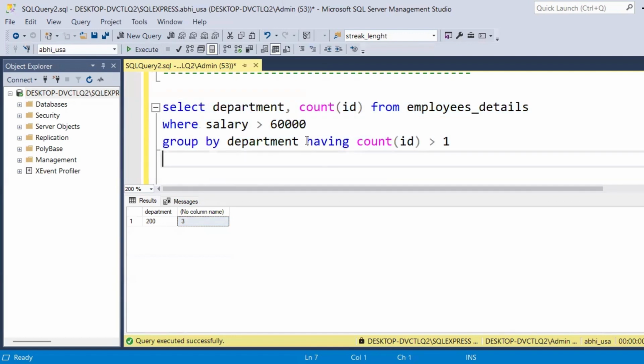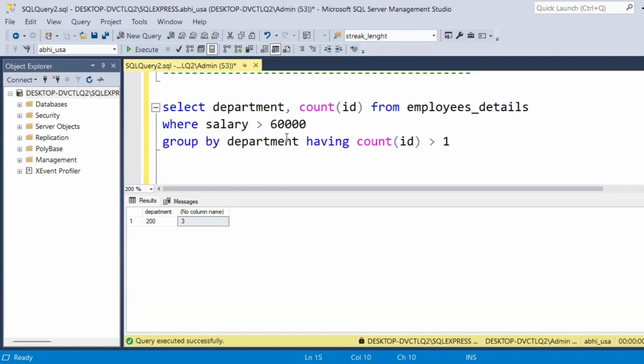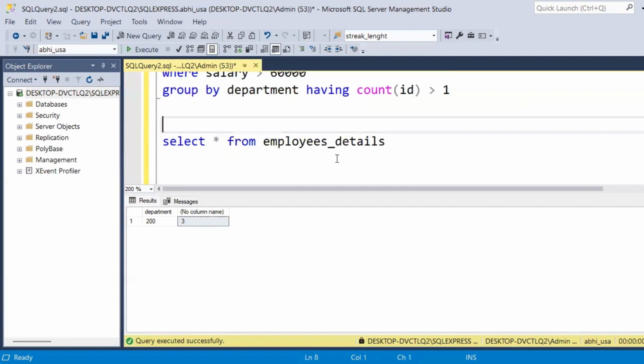Because you are filtering the group data. So after group by only you have to use this having clause. Even if you try to use the having clause before group by, it won't work. Okay, so after group by, that is the having clause. Then you are going to select. So first starting from, then filtering with where, after the grouping, and then filtering the group data, and after that you are going to select. The select command will help us select whatever columns you are trying to return. So afterward you are going to use the select command,